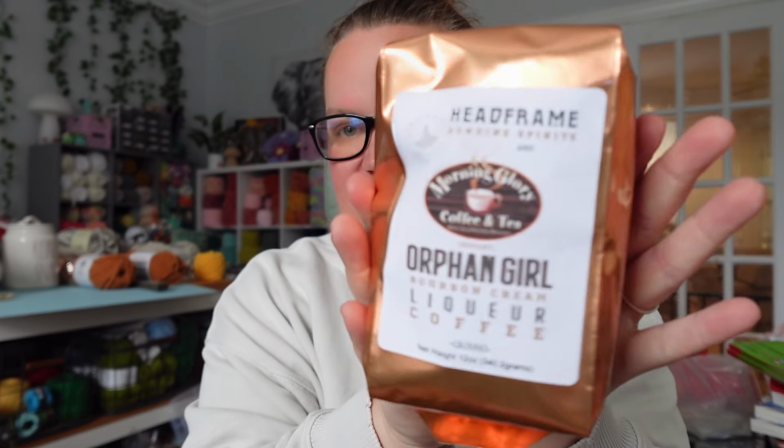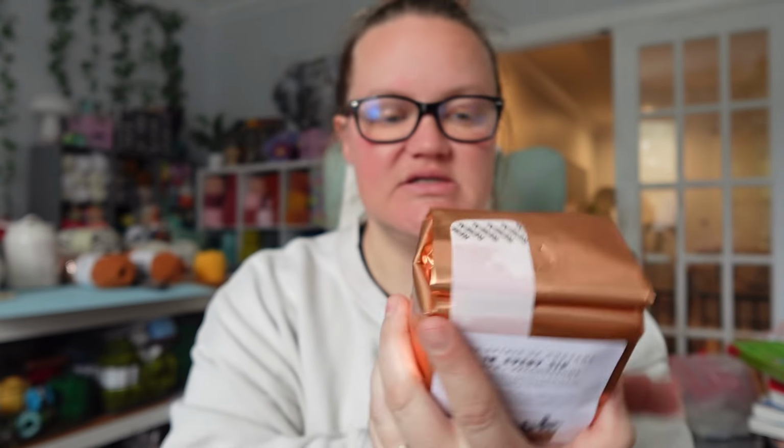We're gonna start off strong with something that I consume every single day, and that's coffee. This is Orphan Girl coffee, and it's the bourbon cream liquor coffee. I saw that and I was like, yeah, I'm gonna try that. So I got a pack of coffee, and then of course I couldn't get coffee without also pairing it with